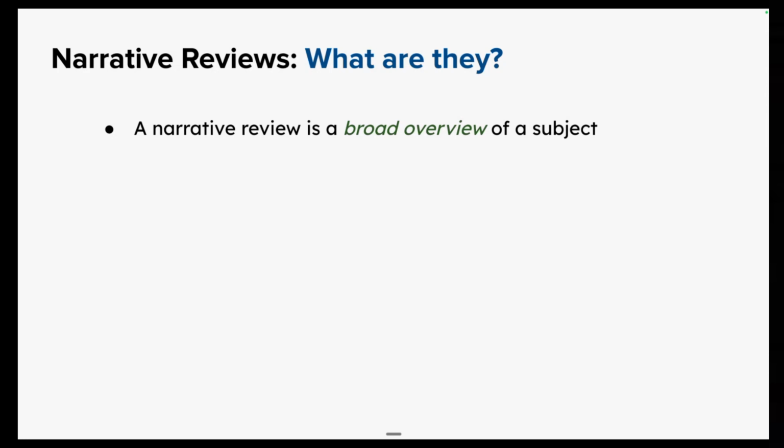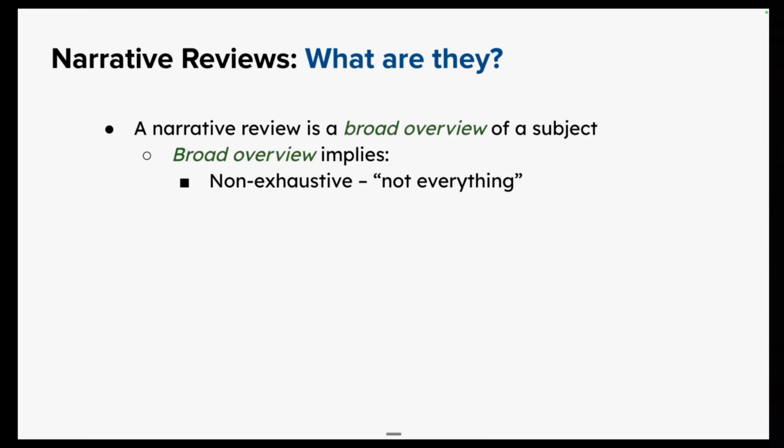All right, back down from my soapbox for a second, but a narrative review is a broad overview of a subject. And what I mean by broad overview is it's non-exhaustive, so it's not everything. Going back to our secondary research visual that we just saw, systematic was exhaustive, it was everything. That recipe is strict. Narrative review, the recipe is a little bit looser. Pretending you're in the kitchen, you're no longer baking a cake that's not going to turn out if you forget the baking soda or baking powder, you're now just kind of cooking.